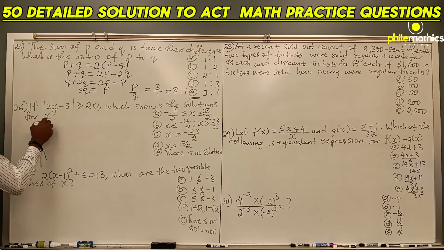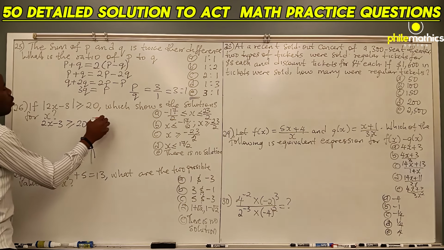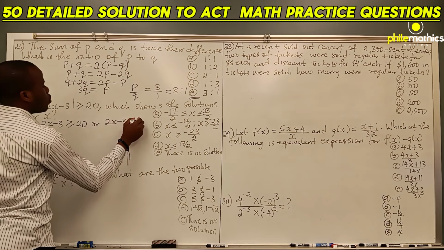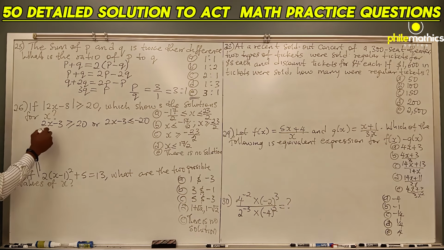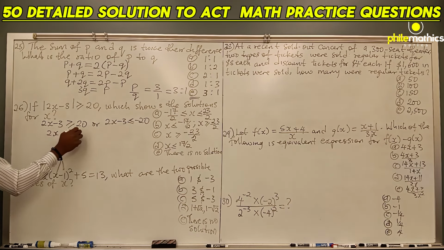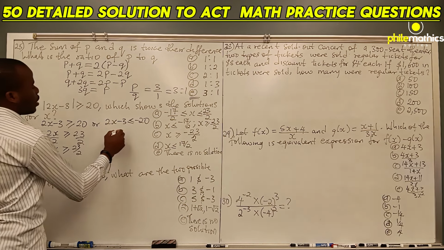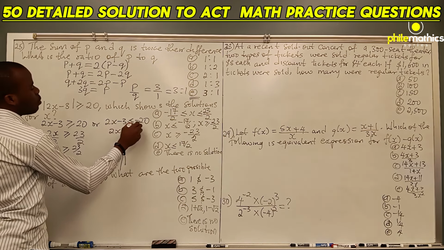It is either 2x minus 3 is greater than or equal to 20, or 2x minus 3 is less than or equal to minus 20. And if we solve this, we add 3 to both sides, we'll have 2x greater than or equal to 23. Divide both sides by 2, we'll have x greater than or equal to 23 over 2. And if we add 3 to both sides, we'll have 2x less than or equal to minus 20 plus